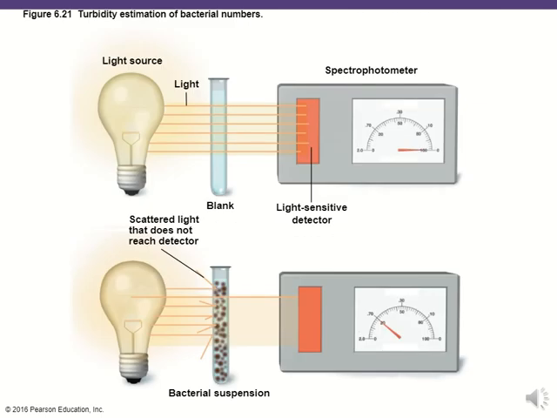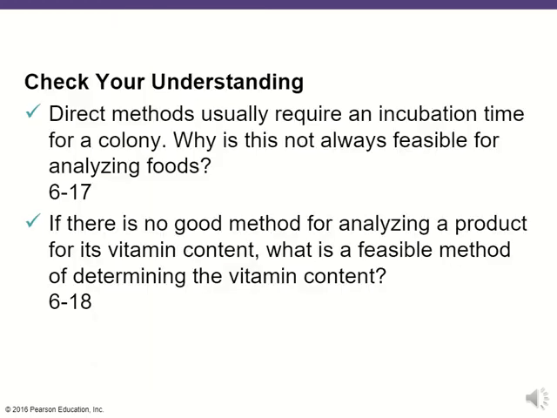This is an example of using a spectrophotometer, where again light is shown through a sample, and a certain amount of that light will eventually make it through the sample, whereas some or most will not be able to pass through and are blocked by the bacteria in that suspension. It involves using a blank first to show how much light a detector can expect if there are no microbes in there, and then how much light will pass through in a second sample that does have microbes. That way the difference can be determined.